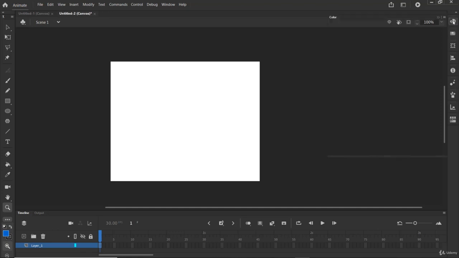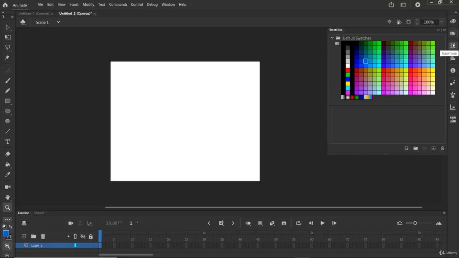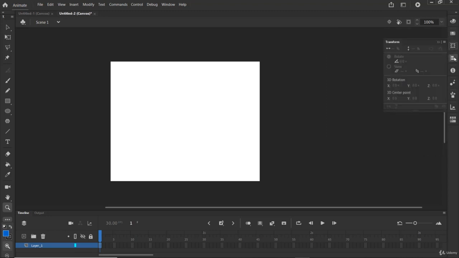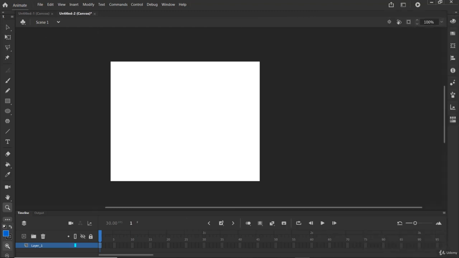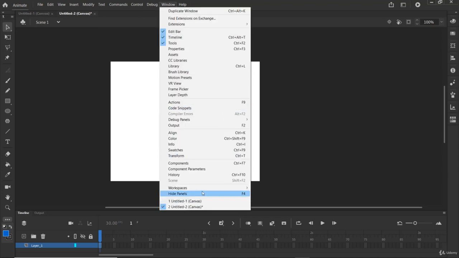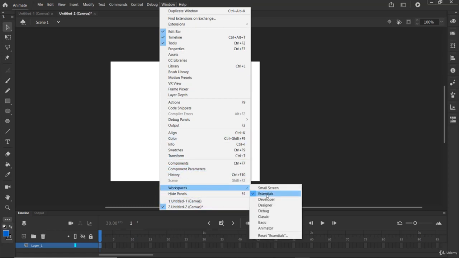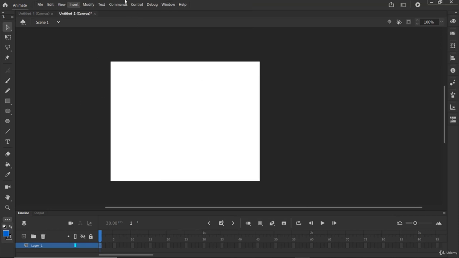As you can see, this is the color, this is the swatches, this is the transform, this is the align tool, and this is motion preset, brush library, and layer depth. We will continue to understand these, but to make it easy for us, because we are starting to learn Adobe Animate, you have to go to Workspace and choose Essential, and this is what we're using. All the tools we need, we find right in this Essential.